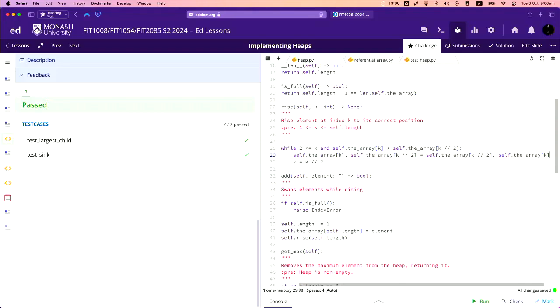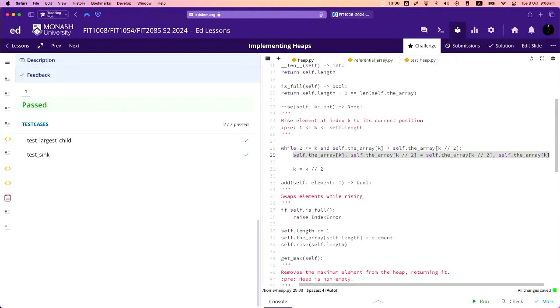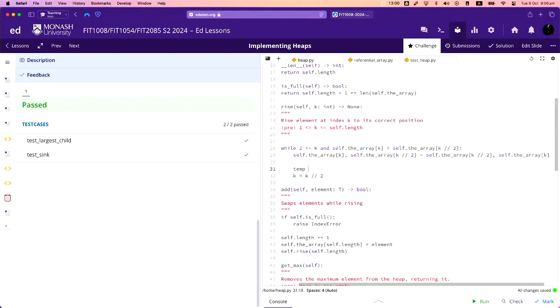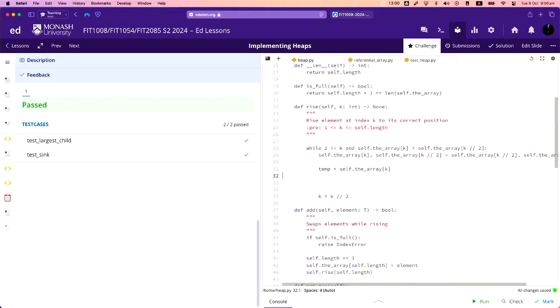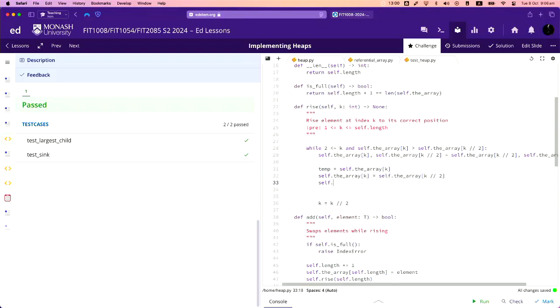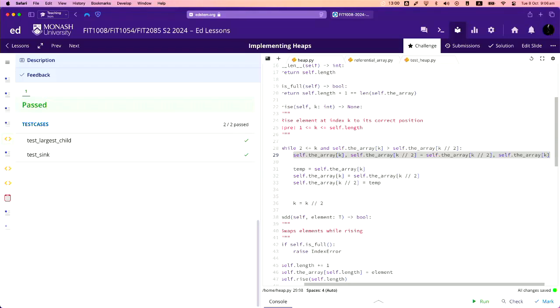What happens here, you can think of this as creating some temporary variable that keeps self.array of k, and then we say self.array at k equals this, and then you say self.array at k over 2 equals temp. This is what in fact happens in this code, right? 3 times